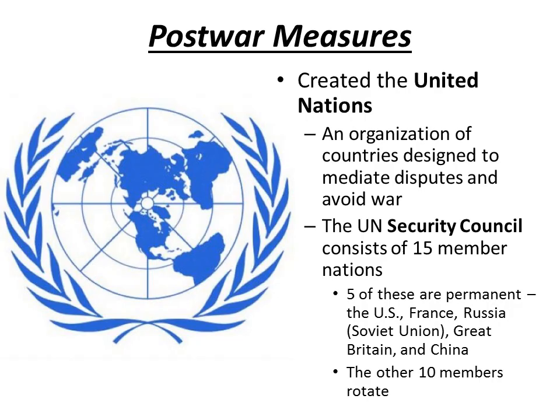The final post-war measure that was taken to try to ensure world peace that we're going to talk about today was the creation of the United Nations, which happened in 1945. It was an organization of countries designed to mediate disputes and avoid war, very similar to the League of Nations that we talked about in the aftermath of World War I. But the big difference in the United Nations is that the United States was a member, so it had a lot more clout. Every country that was a member of the United Nations had one vote in the General Assembly on any matter that came before it.